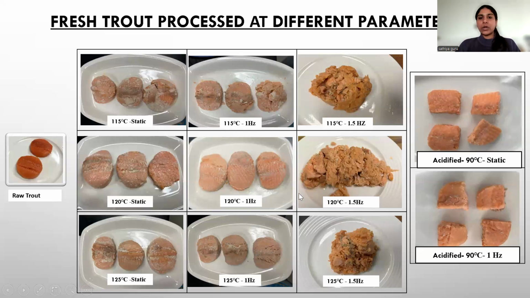Here's the picture of trout that are processed under different conditions. For conventional thermal processing, I've used temperatures from 115 degrees Celsius to 125 degrees Celsius with agitation speed from 0 Hz to 1.5 Hz. And for acidified thermal processing, I've used 90 degrees Celsius at static and 1 Hz mode